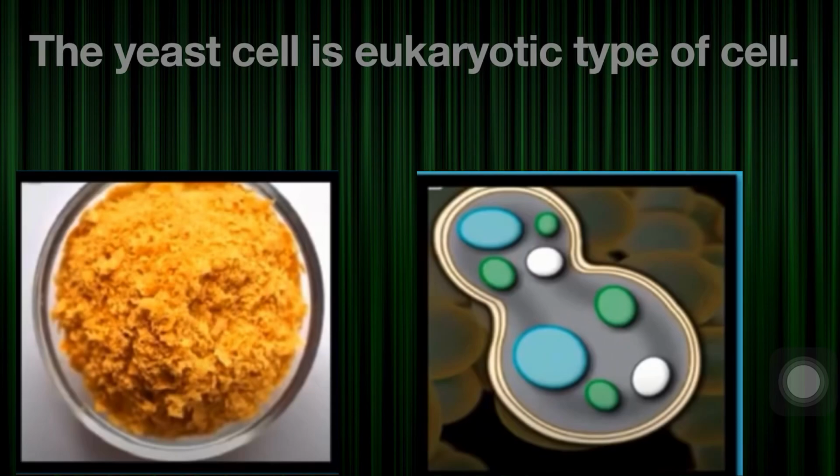Even this yeast cell is a eukaryotic type of cell. Eukaryotic means that although it is unicellular, having a single cell, that single cell is fully developed. It consists of a nucleus and cell organelles,